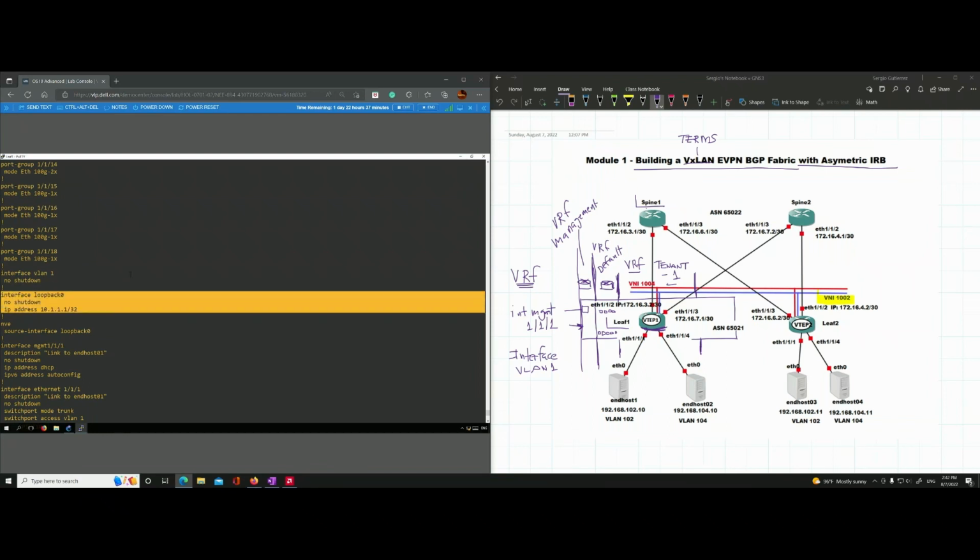The next thing that I see here is that there is a loopback 0 configured with the IP address of 10.1.1.1/32. So let's put here loopback 0, and the IP address is 10.1.1.1/32, and this loopback IP address is going to be used by the VTEP as the source IP address to identify it on this EVPN BGP process, and VTEP 2